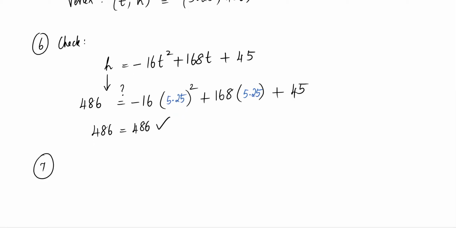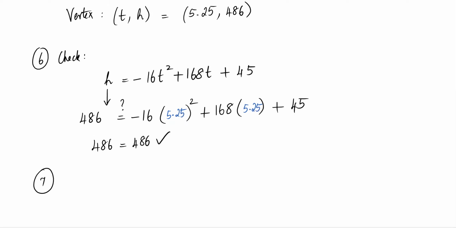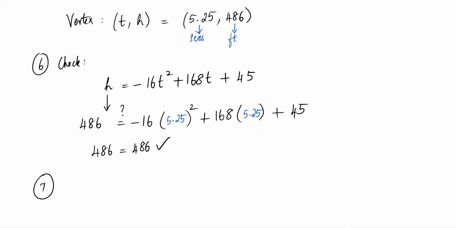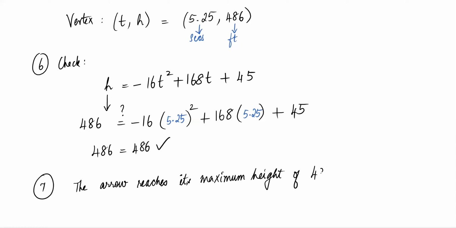So step 7, the last step of your word problem, is to interpret your answer. So we'll say, coming again here to step 5. Remember, T represents seconds and H represents the height in feet. So keep that in mind when you come to interpret. We'll say the arrow reaches its maximum height of 486 feet in